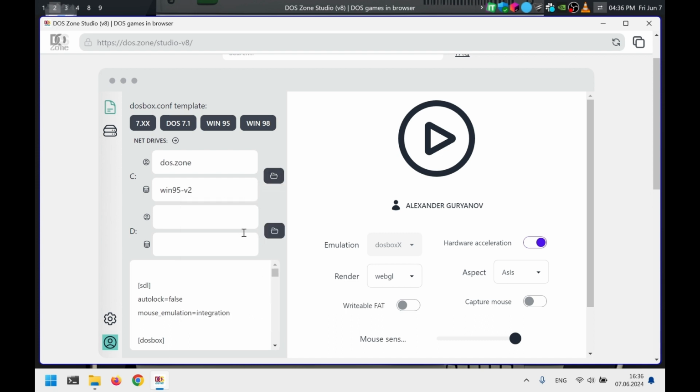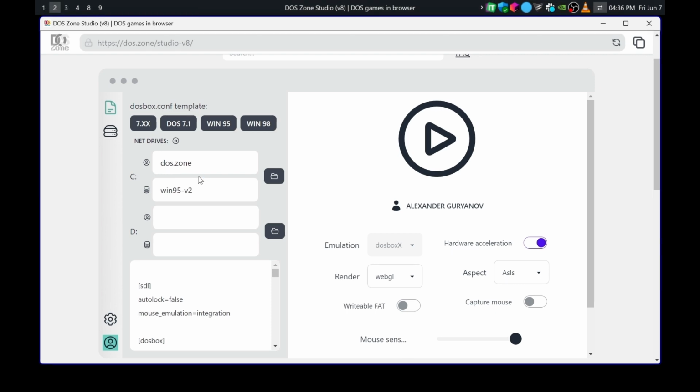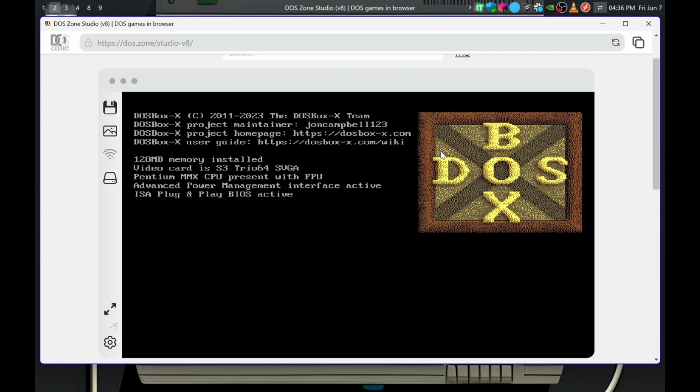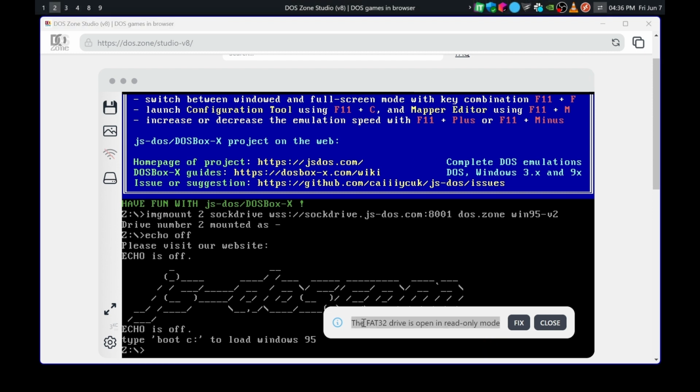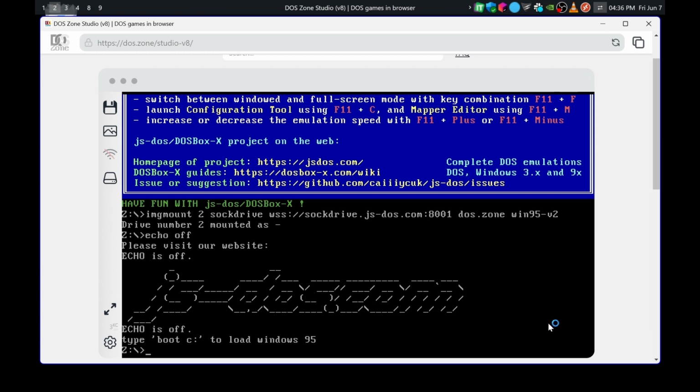Launch JS-DOS. As you can see, there is a message here that the disk is opened in read-only mode. This is because at the beginning, before starting JS-DOS, there is an option to open the disk read-only. If we change it, then write support will be available, but that's not important at this stage. We just want to save our configuration as a JS-DOS bundle. In it we have a network drive selected and other options set. Later we will use it to launch JS-DOS